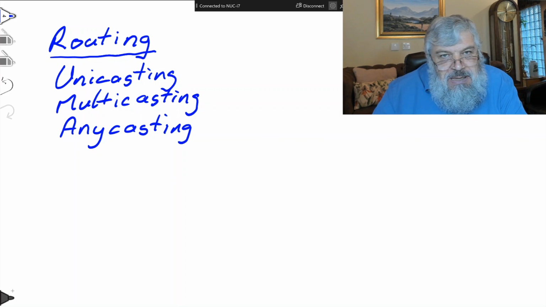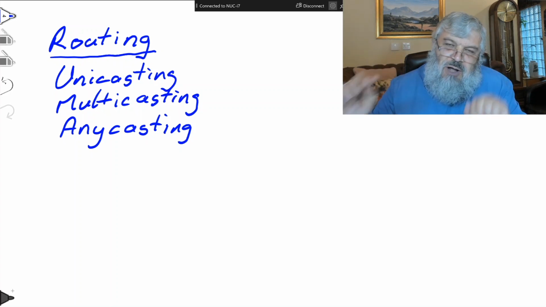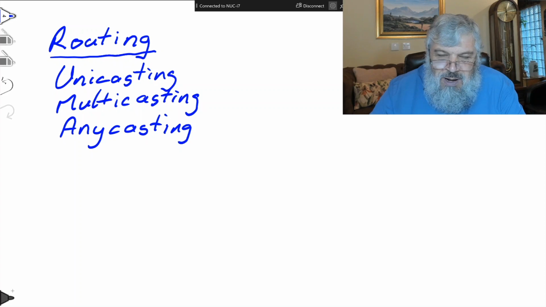Anycasting is used when you have machines that do the same job, but for the sake of redundancy, you have more than one machine. Let's say you have 4 machines that do the same job, 3 of them are not failover machines. In other words, the idea is not that one machine does the job, and when it can't, then the second machine takes over, and if it can't, then the third one takes over, the fourth one takes over, and so on. The idea is rather that you send an address to a pool of machines, and then any one of them can get the message. Very useful for load balancing.